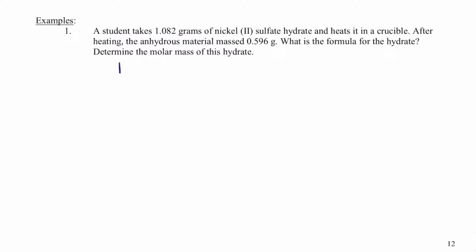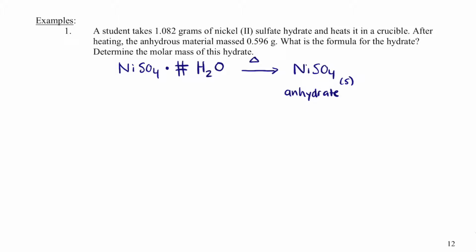What I've done is I have nickel 2 sulfate, so that's NiSO4, and then some dot, and I'm just going to put a number sign for some amount of water. I don't know if it's monohydrate, meaning 1 water, dihydrate, meaning 2 waters, trihydrate, tetrahydrate. It could be a lot of different things. Heating it, I'm going to end up with NiSO4 solid left over. That's called the anhydrate. And then I'm going to have evaporated some amount of water,